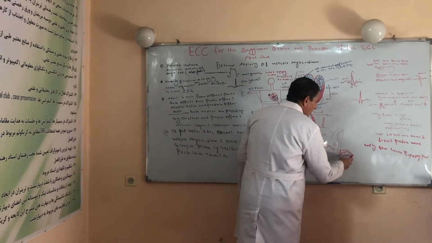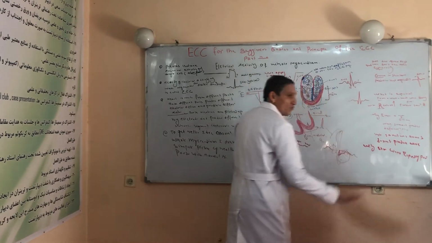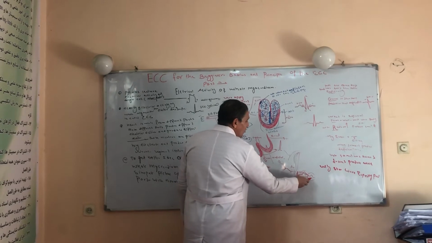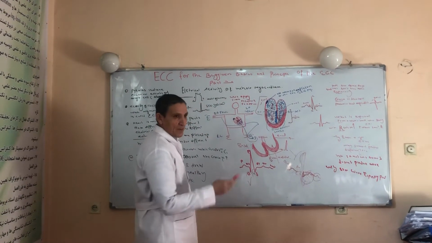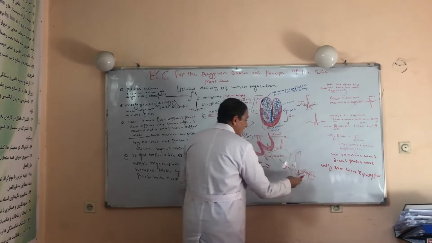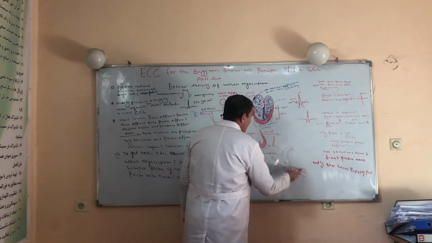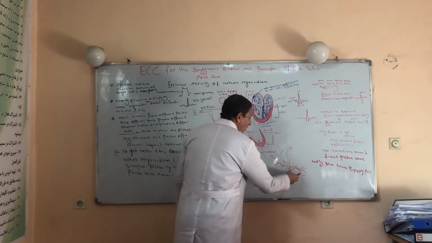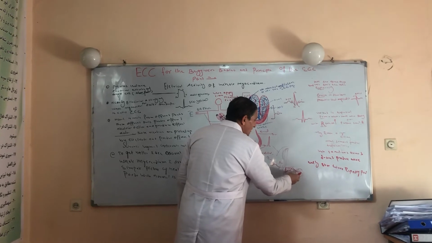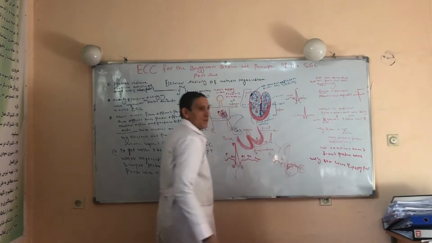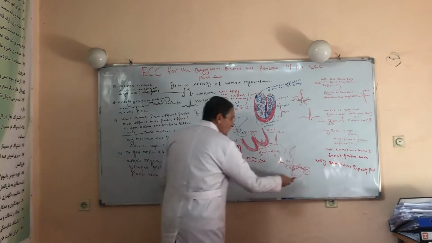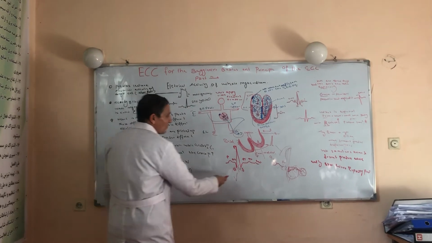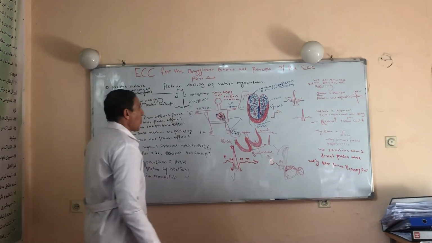After the T wave, you come to a small wave, which is called the U wave. The source of the U wave is uncertain. Some believe that the U wave represents Purkinje fiber depolarization. Some others believe that it represents phase 2 of the action potential. Or the third view, this also represents depolarization of the Purkinje fiber. Anyway, the source of the U wave is unknown. This was about the mechanism by which the T wave is produced.